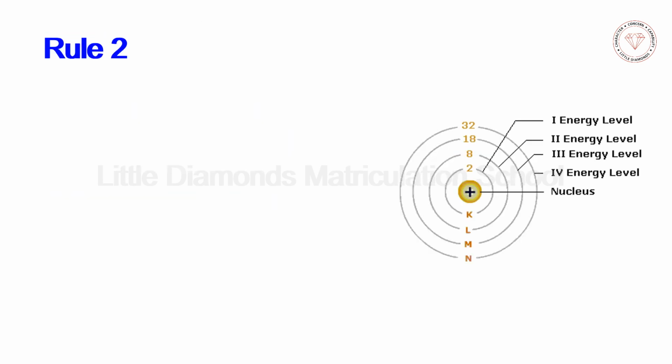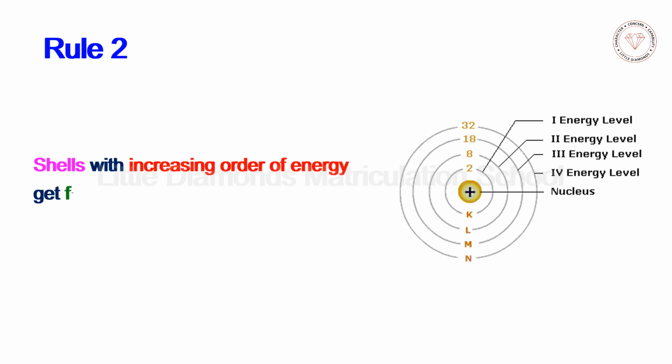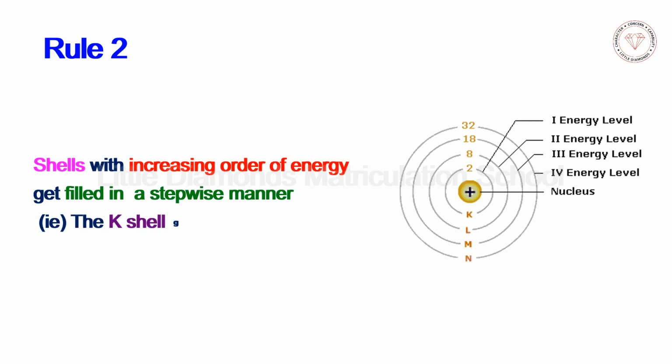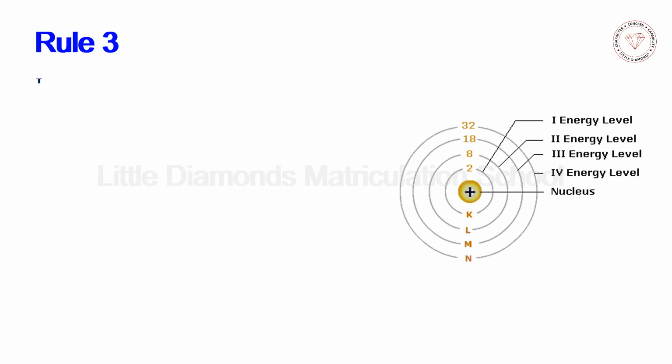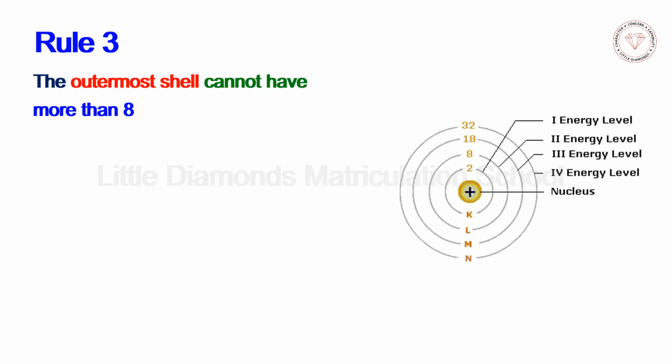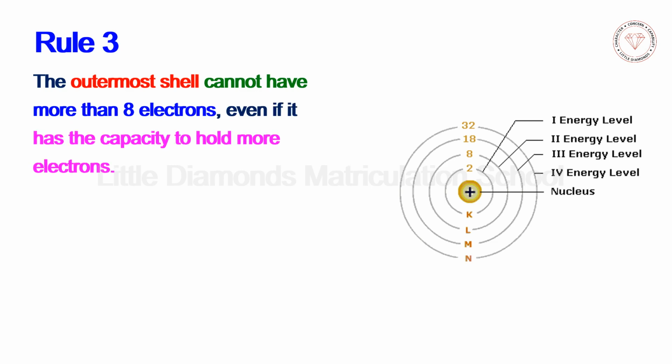Rule 2. Shells with increasing order of energy get filled in a stepwise manner. That is, the K shell gets filled before L shell. Rule 3. The outermost shell cannot have more than 8 electrons, even if it has the capacity to hold more electrons. Example,